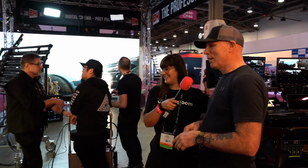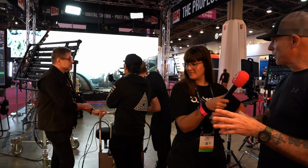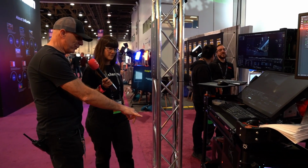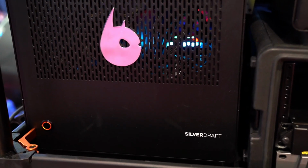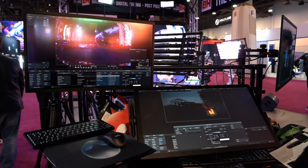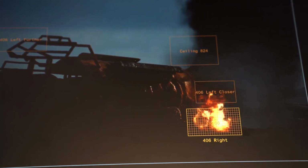And then if we look over to the secondary cart on this side, this is where all the horsepower is. It's driving the data going to the video wall. So here in our volume production, our LED wall cart, we've got 2 different Silverdraft workstations. One is driving the content that's being played on the wall, and the second system is driving the image-based lighting,